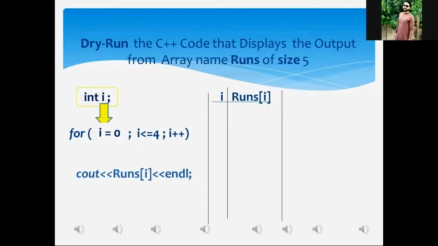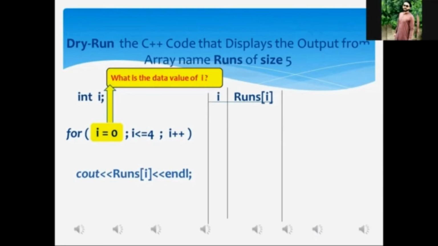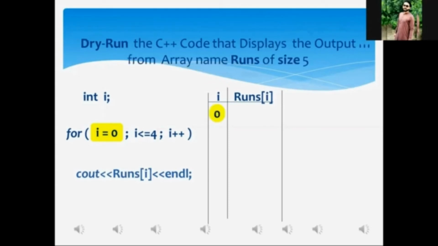Mr. Aftab, when this initialization expression will be executed over here, what data value will be stored in the variable I? 0 will be stored in variable I, sir. Okay, if your permission is there, do I write the value of I, that one is the current value of the loop variable I, in the column I? Yes, sir. Okay, I'm writing.